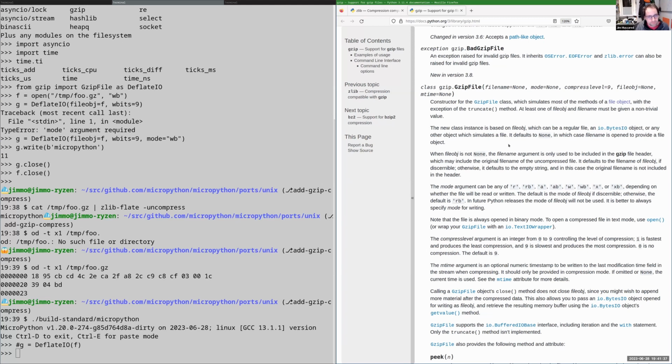What's the speed like, Jim? Have you done any benchmark? That's a difficult question to answer because I don't have a reference on the microcontroller, but it would be worthwhile doing a performance comparison to, say, zlib on the PC. So there's a couple of points here about the speed. The compressor,